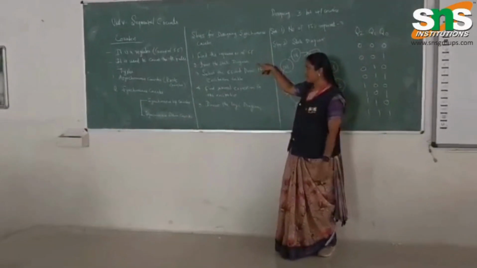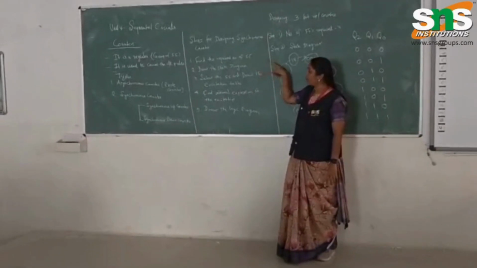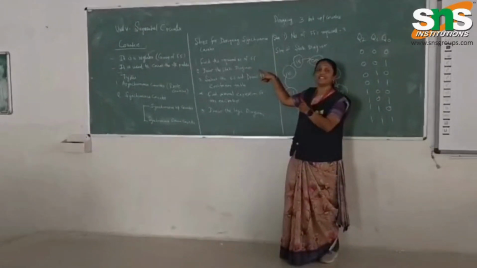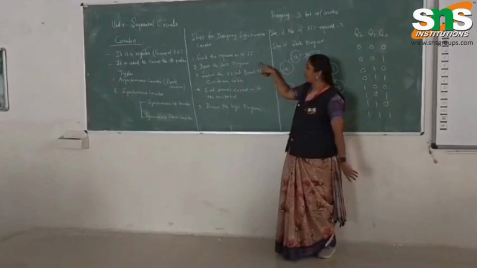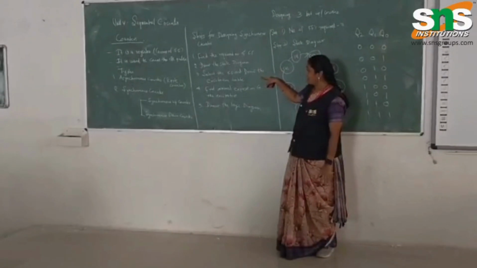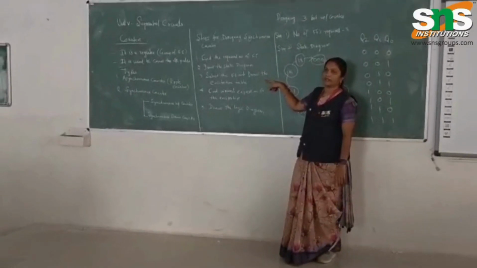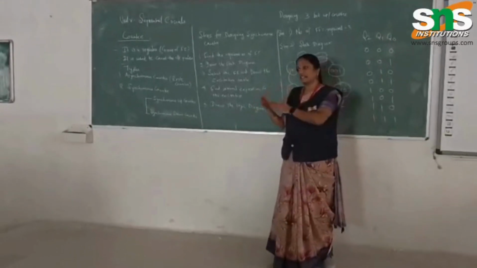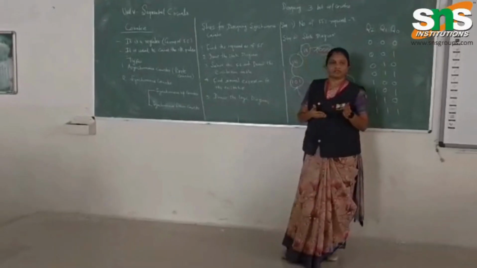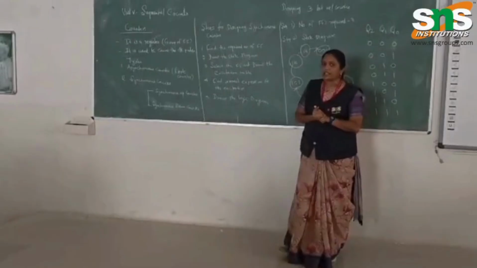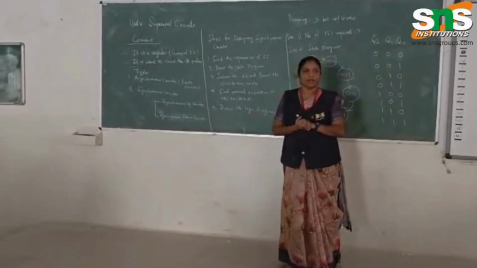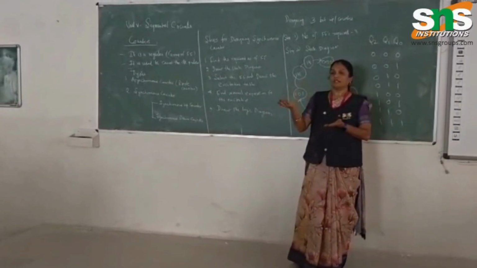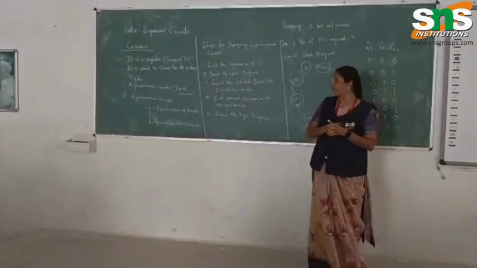The next step is to draw the state diagram. The state diagram represents the sequence of the count. The next step is to select the flip-flop and draw the excitation table. In the last class we studied the different types of flip-flops and their excitation tables and characteristic tables. The characteristic table is the representation of the next state of the flip-flop, and the excitation table is used to find the inputs required for the next state of the flip-flop.